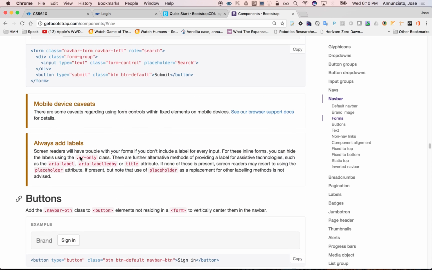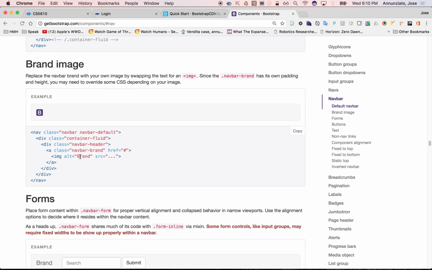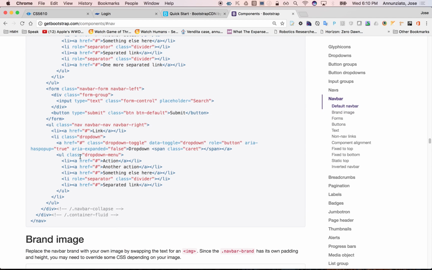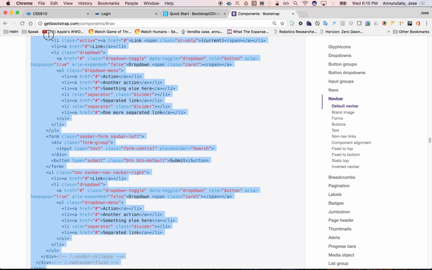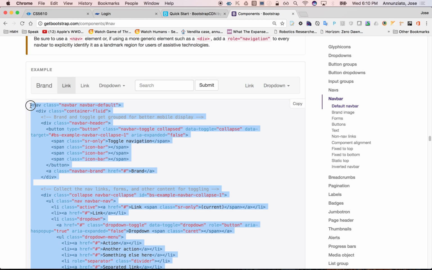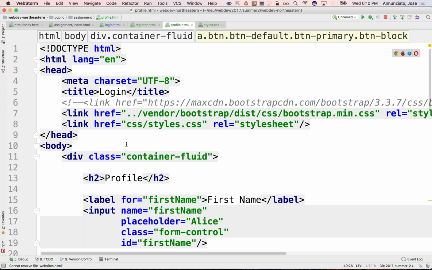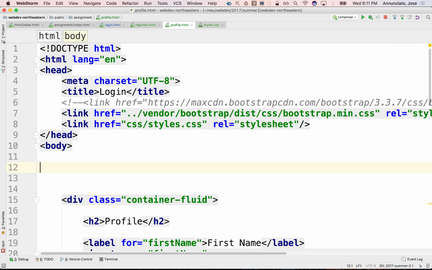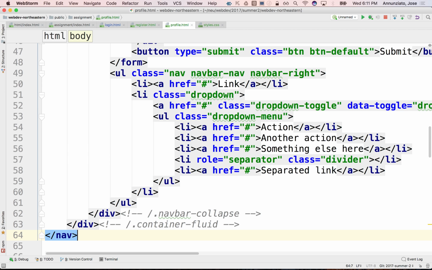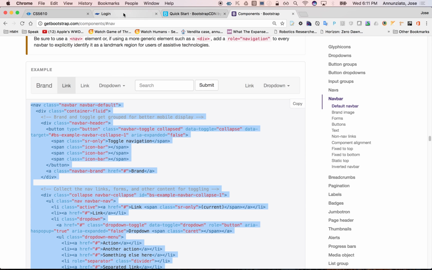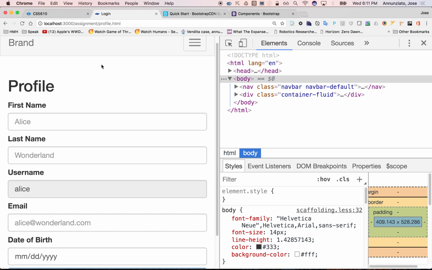Right, so let's grab some of this here. Let's see. Let's grab this entire piece of code. Maybe it's a little bit too much. Let's grab that and let's add it to our profile. Let's see. The profile would be right here. We'll add it before the container because the container is adding margins. Right, we don't want our navigation to have margins. So let's add that, and let's revisit our profile page, right? If we go there,